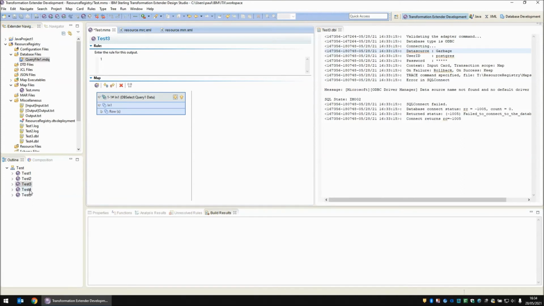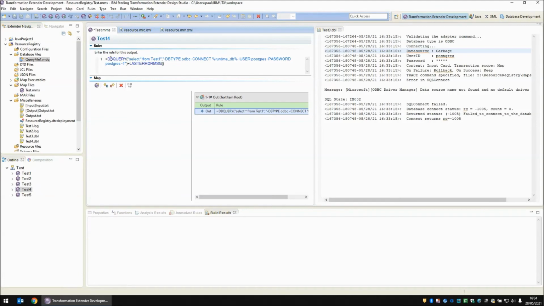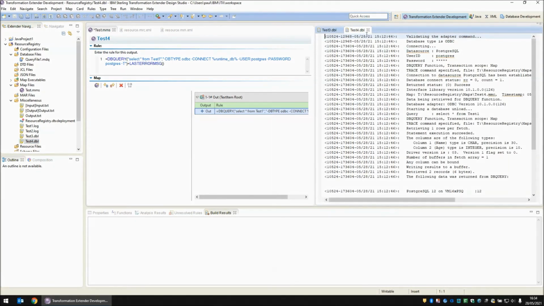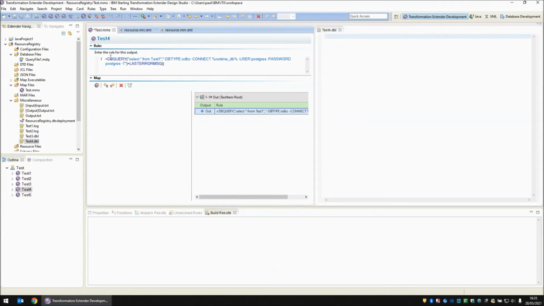Okay, moving on to test 4. Test 4 shows the same thing being used in a DB query statement. Let's open test4.dbl. So opening the DBL file for test 4 in preparation for running this map, let's empty the content and save it. Within our function DB query, we are using the connect string again,